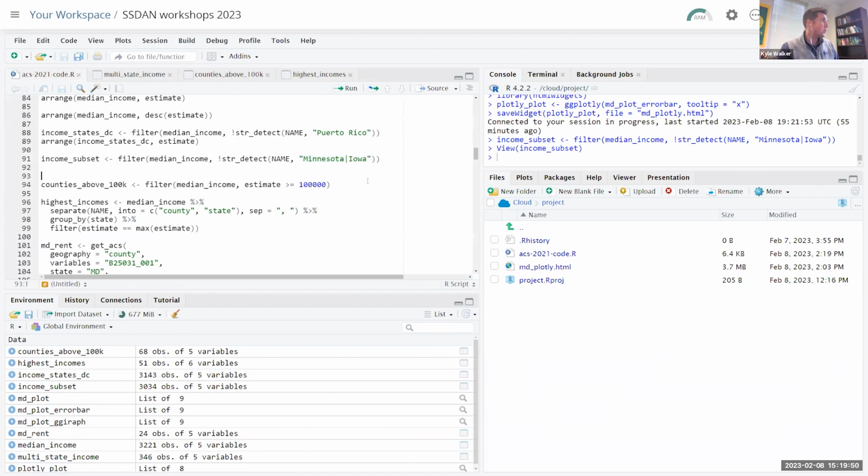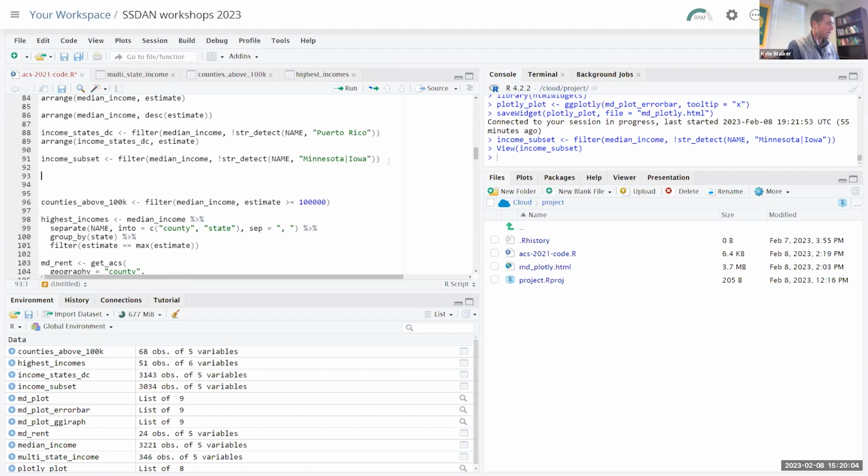Another way to do it is a little bit more almost tidyverse style, where I create a state column, and then I filter out those rows where the state column matches Minnesota or Iowa. So this would also work. I could do income_subset